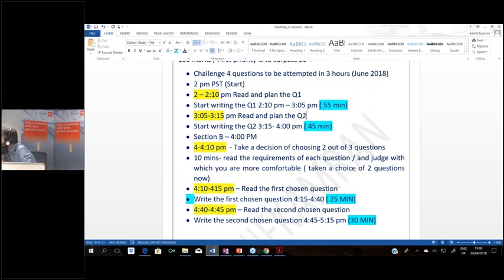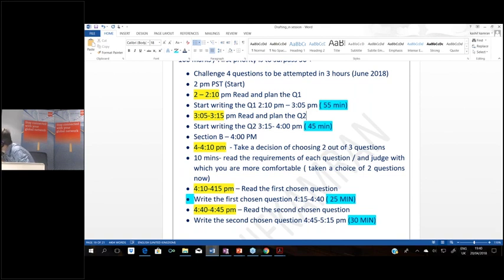Okay, let me see some of the questions popping in the last few minutes. Robinson is asking, in making the plan, do we actually have to write that in our question booklet or is it just information for us? No, it's just your planning, right, Robinson? It's going in your mind. You're not putting it on your answer.